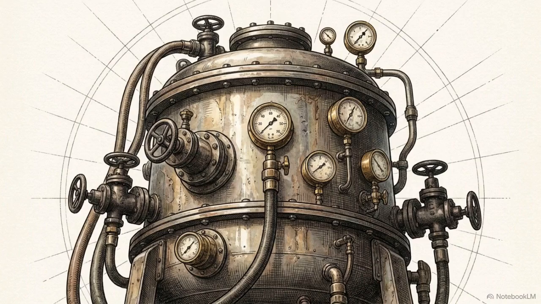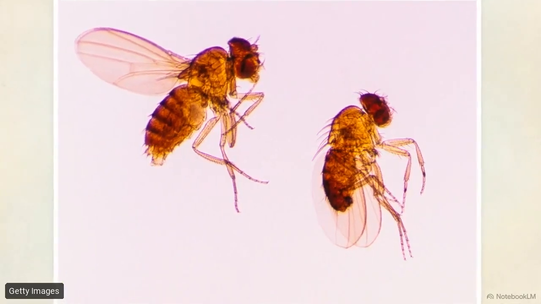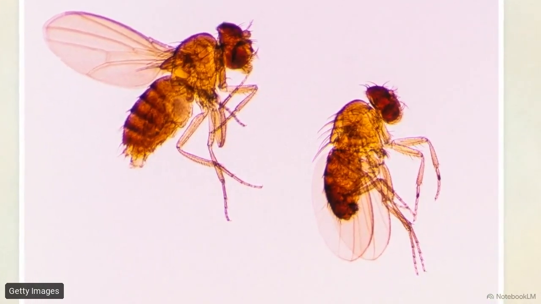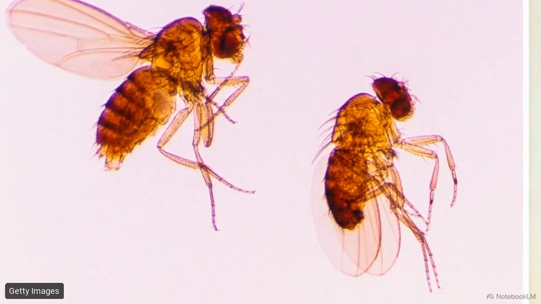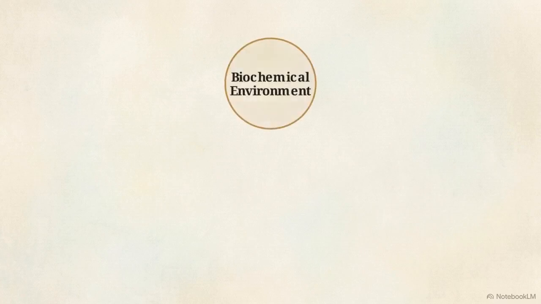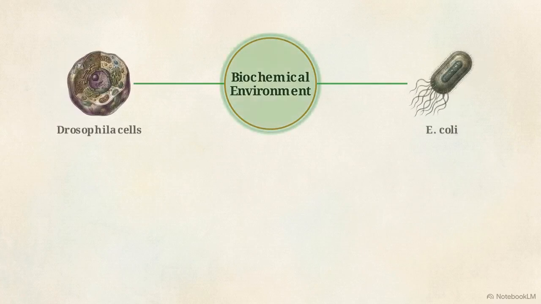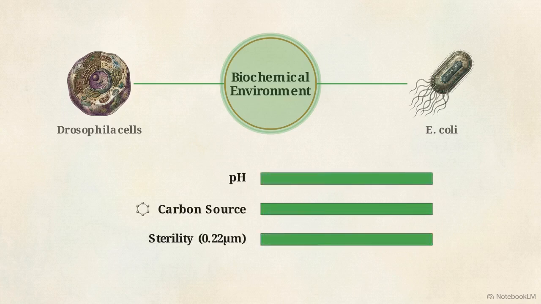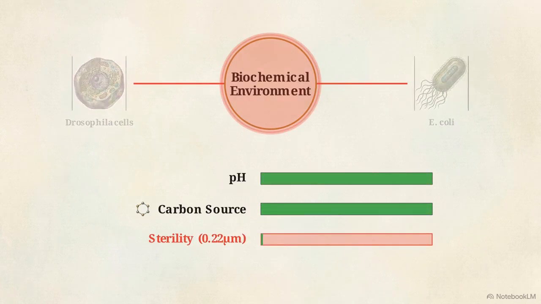You see this in the difference between large-scale bacterial cultures for plasmid production in superbroth and the highly specialized requirements of eukaryotic applications, such as culturing insect tissue from Drosophila. Whether utilizing Drosophila cells in Schneider's medium or bacteria in LB broth, the biochemical environment remains the ultimate control variable. If a single factor, the pH, the carbon source, or the 0.22 micron sterility threshold is missed, the entire expression